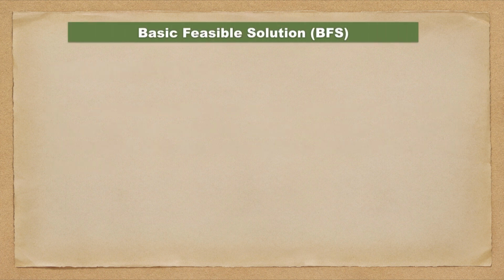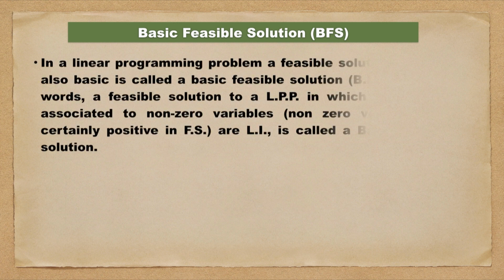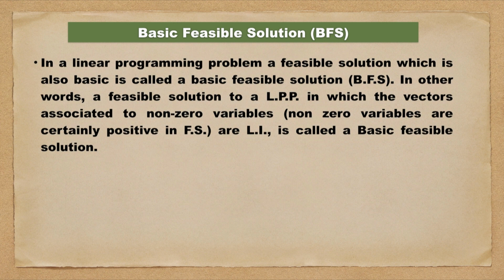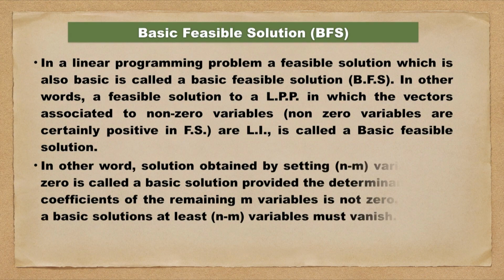Basic feasible solution, it is very important. In a linear programming problem, a feasible solution which is also a basic solution is called a basic feasible solution. Now, I am coming to what is basic solution. A basic solution is one in which the vectors associated with non-zero variables are linearly independent. In a feasible solution, when the vectors associated with the non-zero variables are linearly independent, we say it is a basic feasible solution. In a simple way,